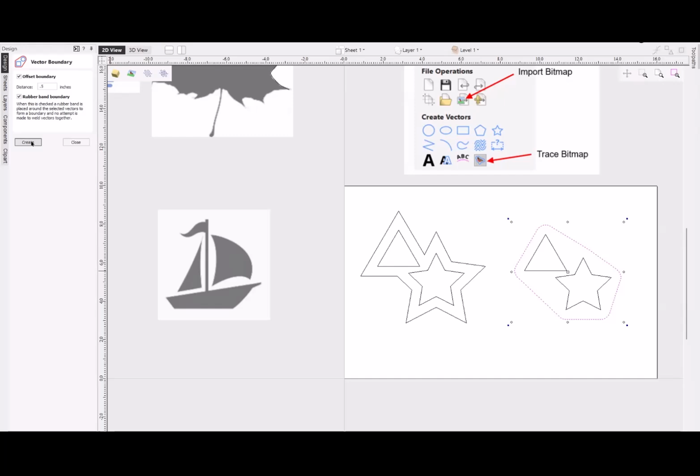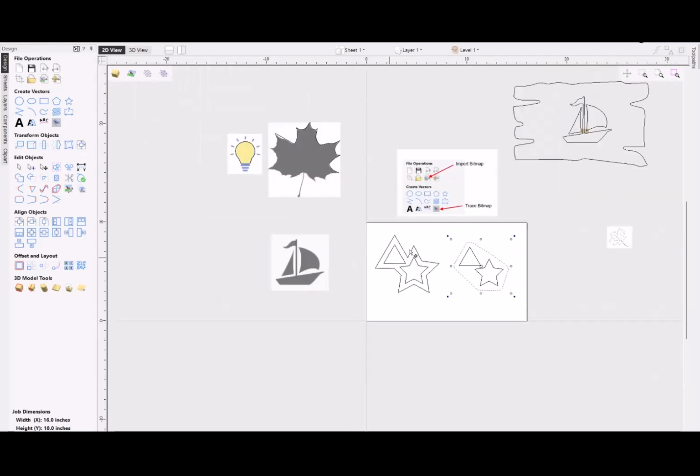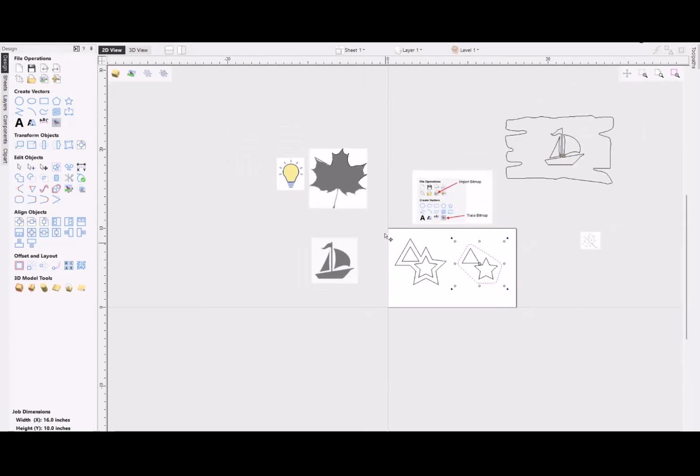I have one last question. Do you have to create a vector for, say you want to do a round over, like on that tray that you made earlier with the leaf? So if you wanted to do a round over on the outside edge, do you have to create a vector? So if we had,